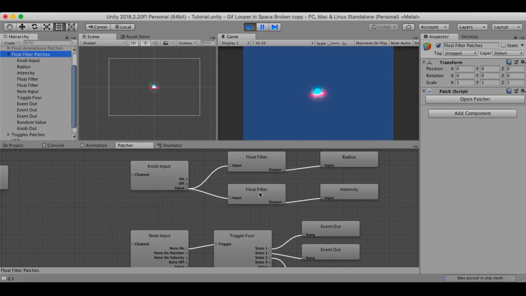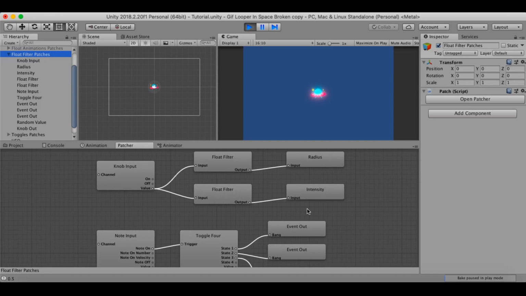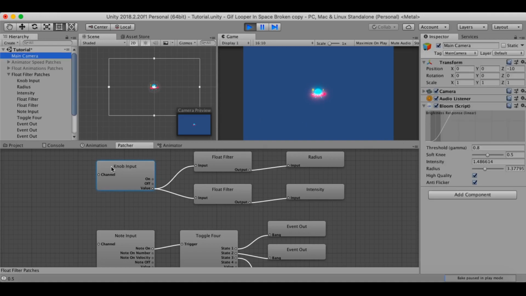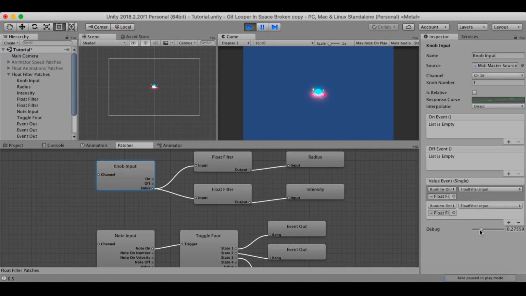Another thing I want to get through here is setting up an initial value for your knob. Let's say if you load your video pack, maybe you want it to start in the setting like this, with the bloom at the maximum intensity and radius. Then what you have to do is